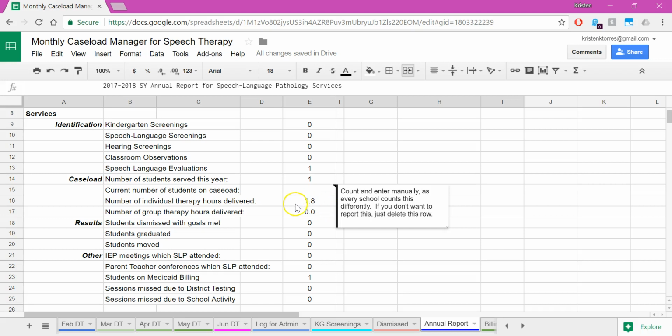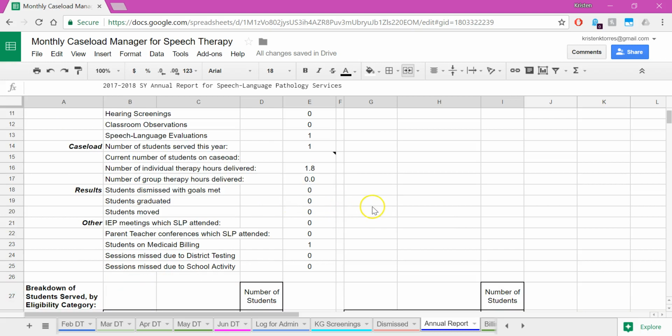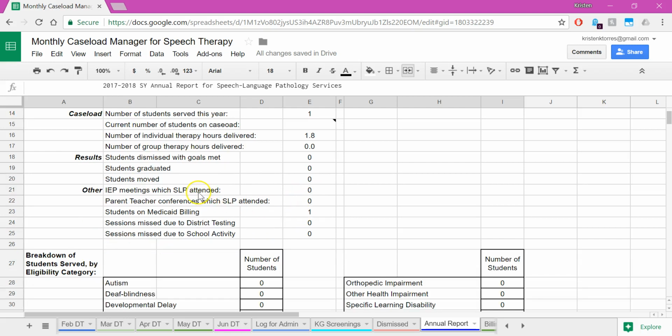So this is how many hours I delivered of therapy that year. The number of group hours, this was individual, this is group. How many were dismissed with goals met, like I mentioned a little while ago. How many graduated, how many moved, and then how many things that you did, IEP meetings, parent-teacher conference, how many students are on Medicaid, how many sessions were missed to district testing or to a school activity. If you're putting that on the daily tracker, it will calculate right here, and you'll tell yourself and your administrator at the end of the year,